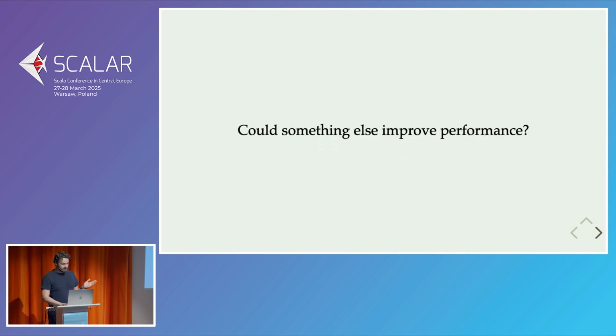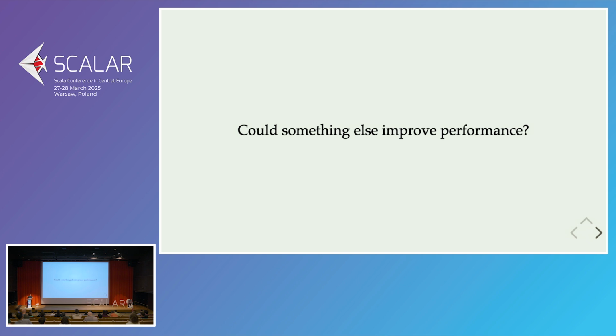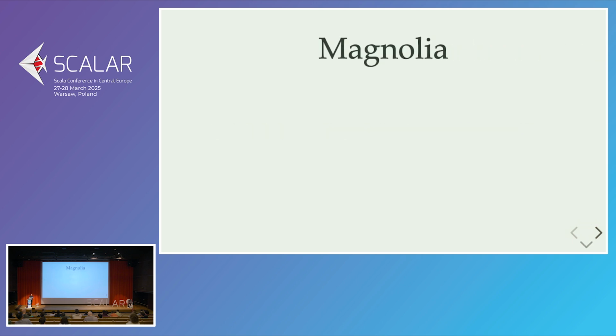Okay, could we do something else to improve the performance, other than automatic, semi-automatic derivation? This is the question that was asked by someone who implemented Magnolia. One of the reasons Magnolia was provided was to give a better user experience to people who are using those libraries based on type class derivation. So it was supposed to be an alternative to Shapeless, and